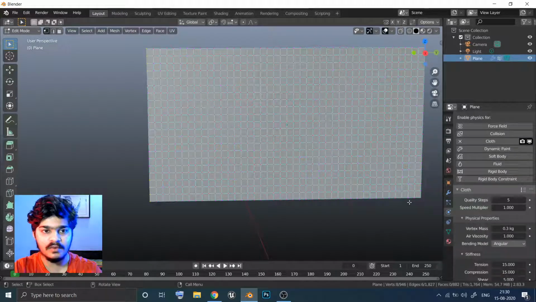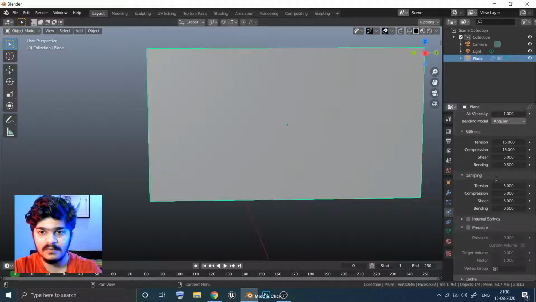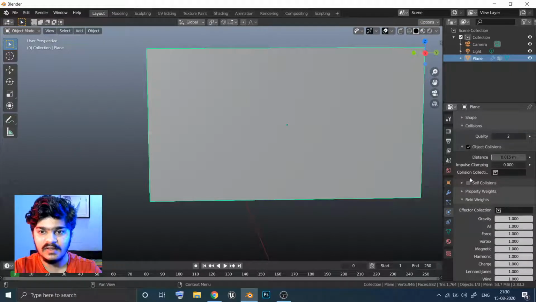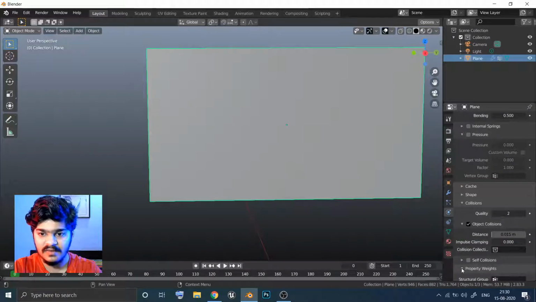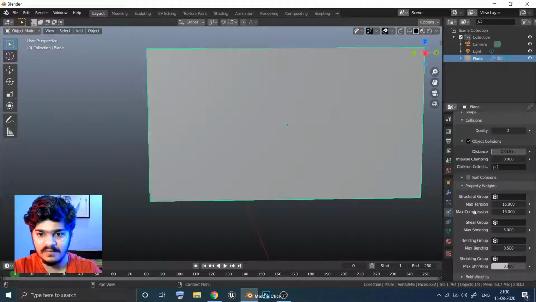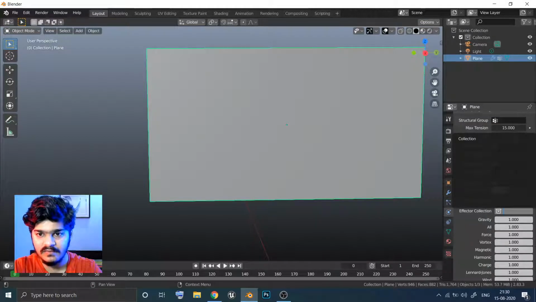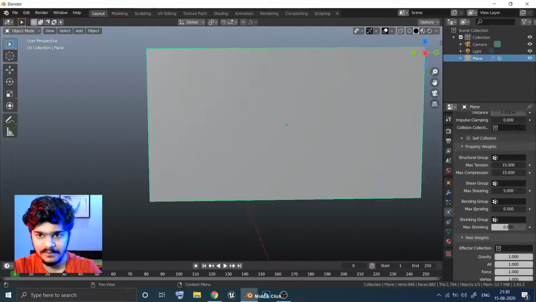Now let's go back to the cloth settings, in object mode. In the cloth simulation settings, at the bottom we will have something called property weights. Or let me see, should be in force field. No, not this one, sorry.